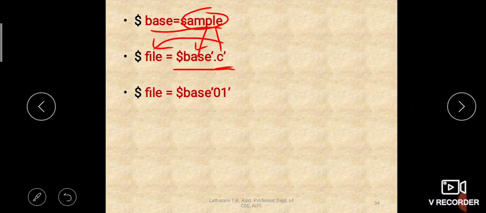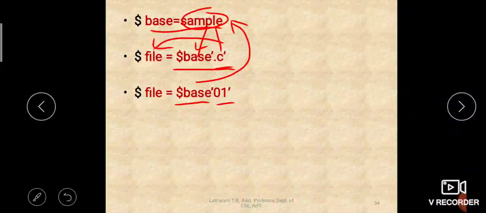Next, let us create another variable, another file name. So $base, as we know, is sample, and another string 01 is concatenated with sample. So what file name will it create?